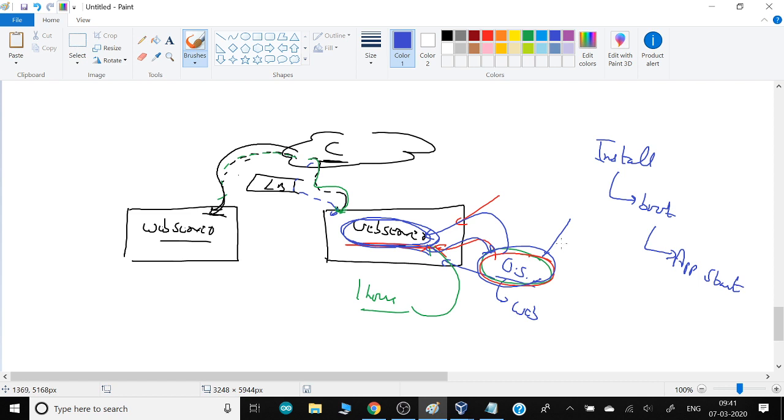It means you are ready to go. It means your user or the client is ready to use. If you have this scenario and you want it to come up as quickly as we can, then this concept is actually helpful in the world of DevOps,